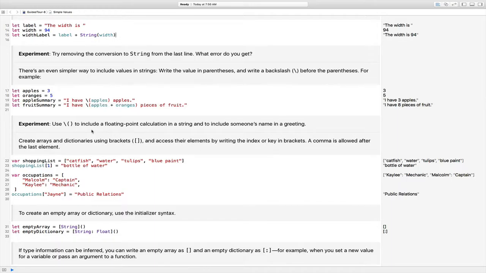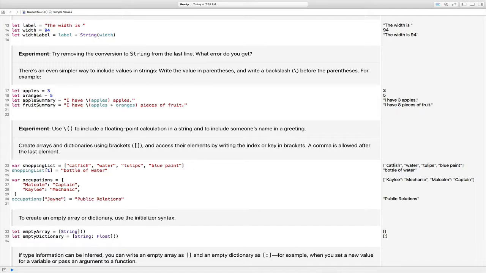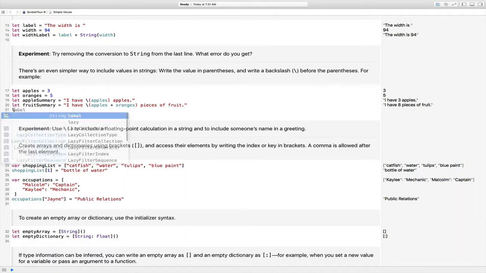Pretty cool, huh? So for the experiment, we're to include a floating point calculation in a string and to include someone's name in a greeting. So let's think about that. To include a floating point calculation, well, that would mean that the terms that you're adding are floating point, in a string, and to include someone's name in a greeting. Huh. Well, let's think about that a minute. Okay, so I could say,